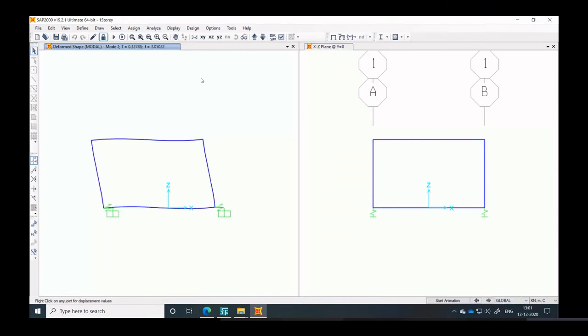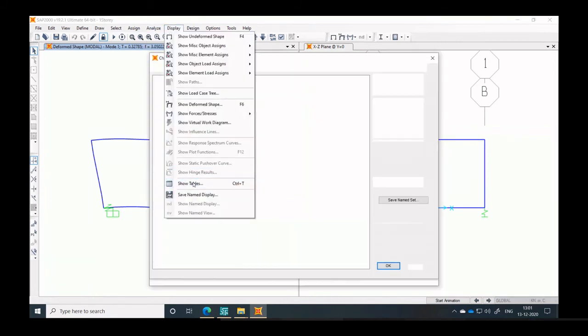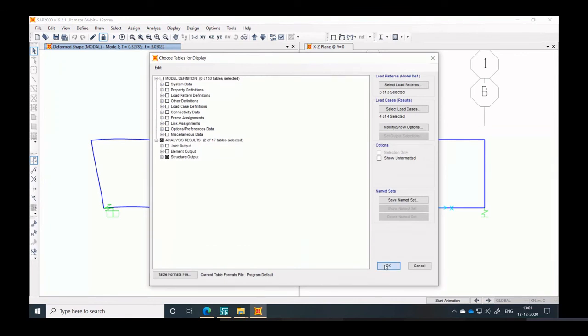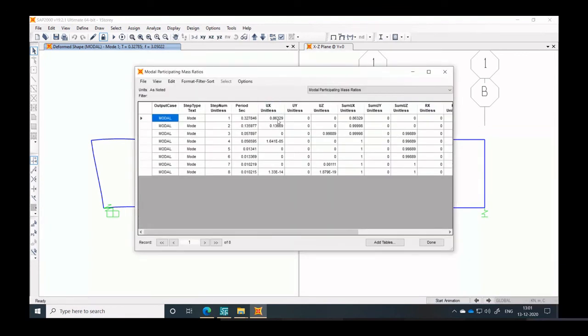Let us look at the participation factor. Remember, in the first analysis we did, we were almost getting first mode 100%, 0.998. Now let us see what happens. So if you look here, again check the same thing. Okay, what do you see? What is UX here? It is now 0.86, isn't it? Right? So the contribution of the first mode has decreased, from almost 0.998 to 0.86. And your mode 2 is not 0 anymore. It is almost 0.14, so 14%.